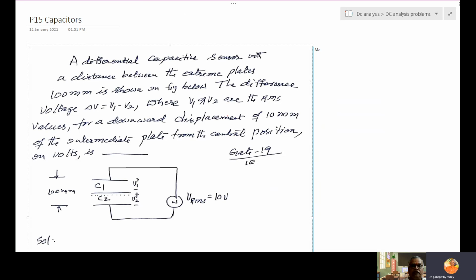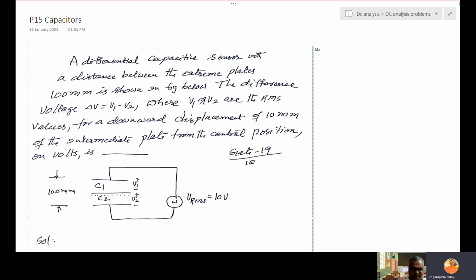For a downward displacement of 10 mm. So the plate which is in the middle is moving downward. How much distance is it moving downward? 10 mm. If the intermediate plate is displaced from the central position, the delta V in volts is? So when the center plate is moved down by 10 mm, what is delta V, that is the question. The applied voltage is 10. The total gap is